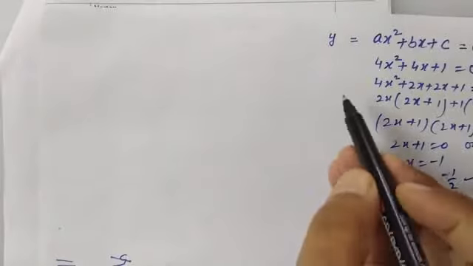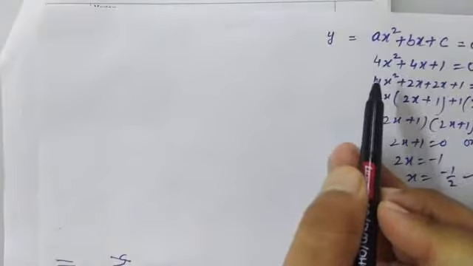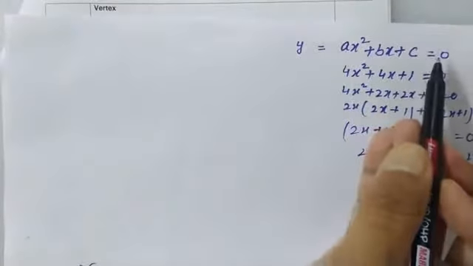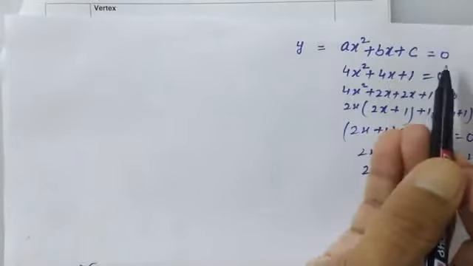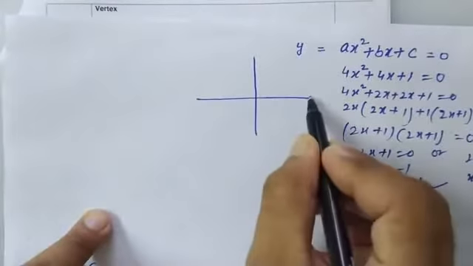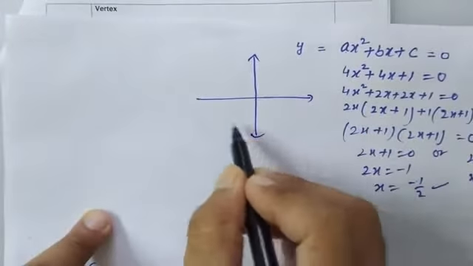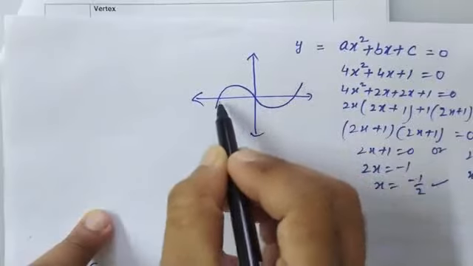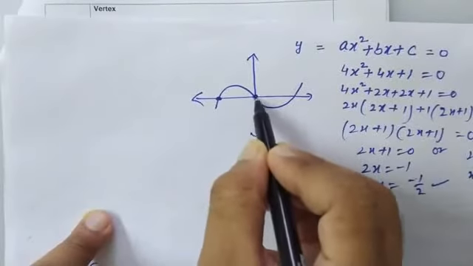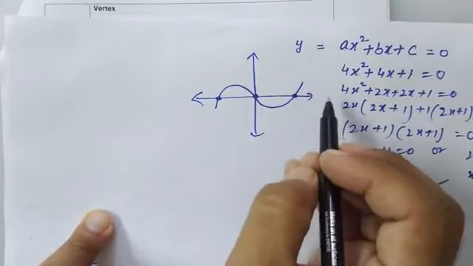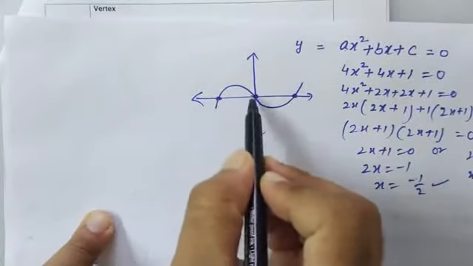And for finding the zeros of any polynomial, we equate the polynomial to 0. It means we are equating y to 0. So if you draw the graph of any polynomial and see how many times the graph of this polynomial cuts or touches the x-axis, that many zeros it can have. Why? Because on the x-axis, y is always 0.